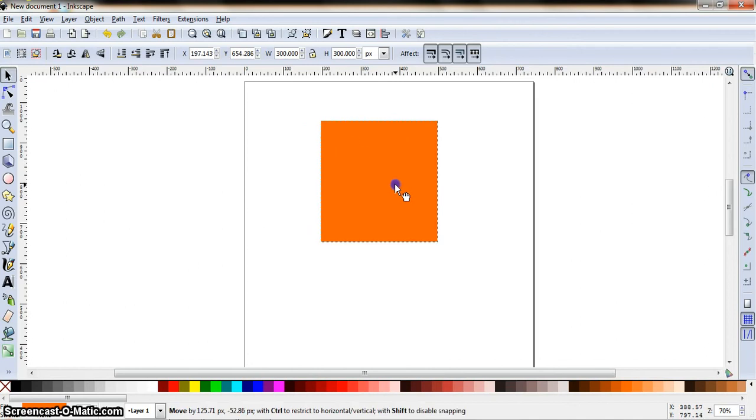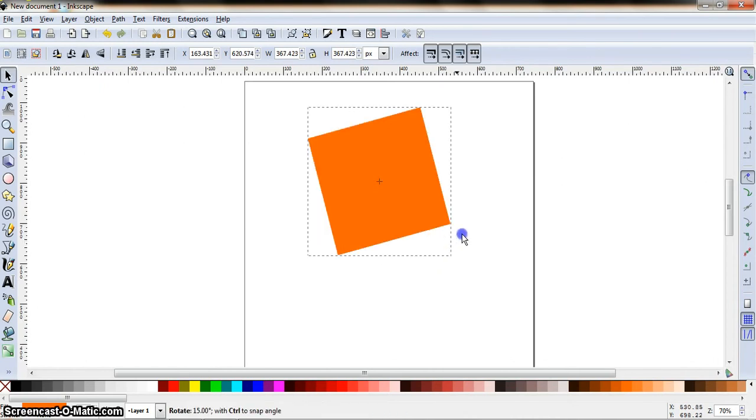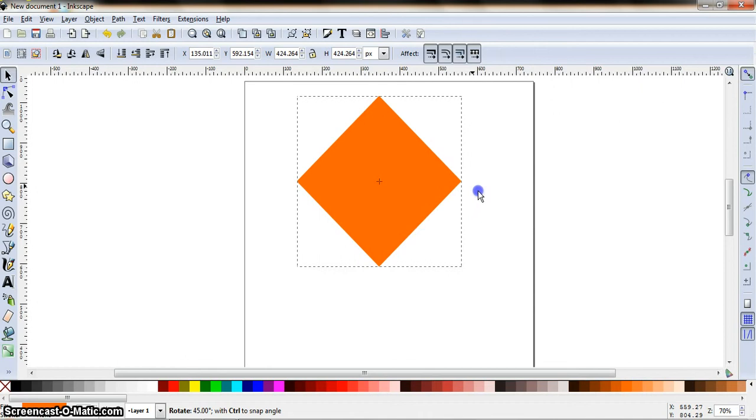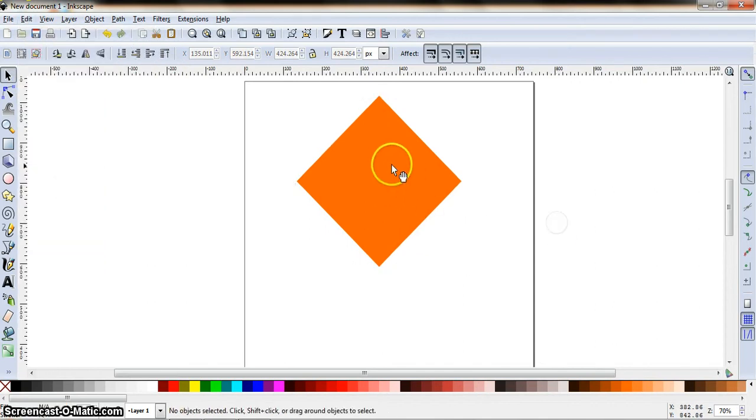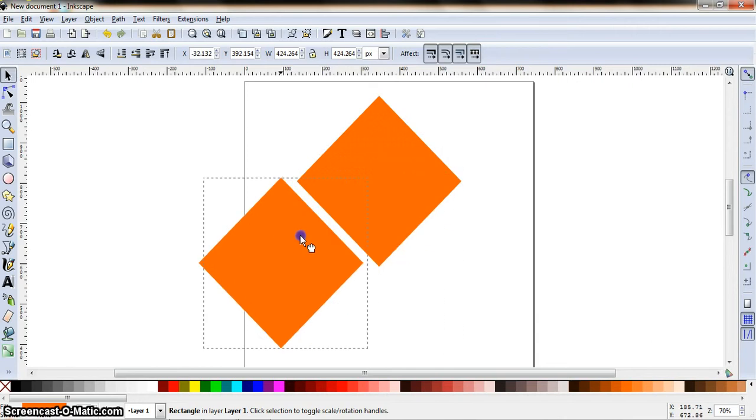So now that we have our first perfect square, I'm going to double click on it, and these arrows will come up which will allow us to rotate it, and by holding Control I can rotate it in place, and there we have a slanted square. Now I'm going to go up here in the menu, Edit, Duplicate, or Control D. Now you can't see it right now, but there's actually another square on top of the one we had before,